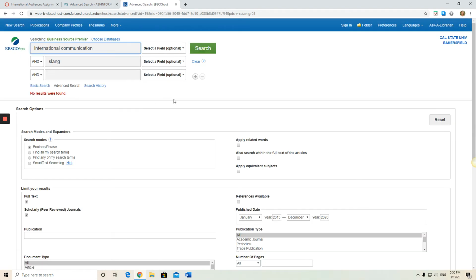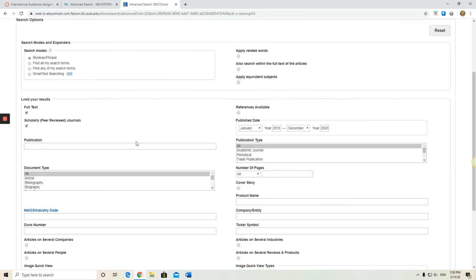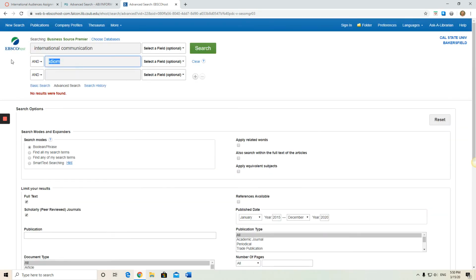Let me see what comes up. Nothing still. Okay, maybe we don't like the word slang. Let's try idiom. Let's see what comes up. If I use idiom instead, or even idioms, it's still saying nothing. So apparently that's a bad search too. So maybe we want to do,